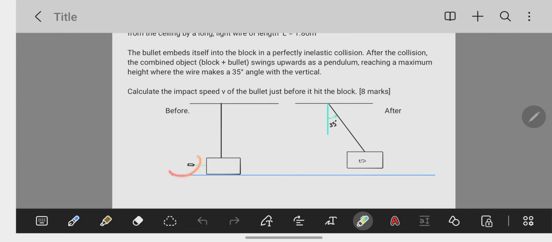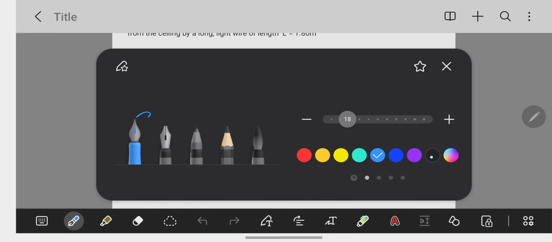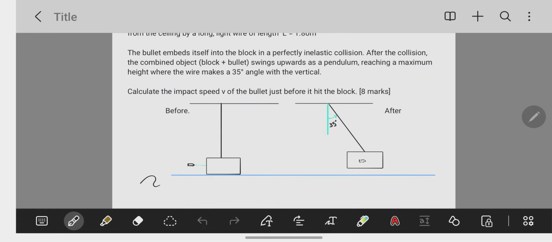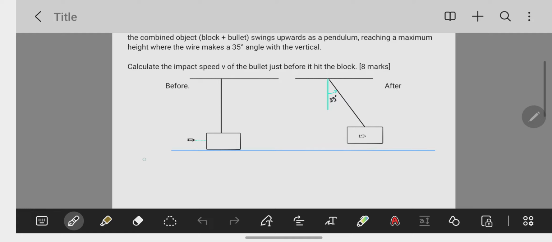We are looking for the bullet's velocity before the collision. That's what we want: calculate the impact speed of the bullet just before it hit the block. So that's the velocity of the bullet before the collision. If we wrote down our equation, conservation of linear momentum, it would be: sum of momentum before the collision will equal sum of momentum after the collision. The sum of momentum before will be the bullet,